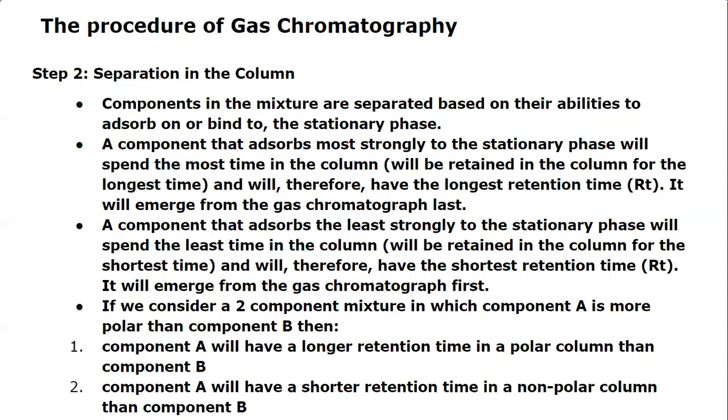So higher KD values mean more affinity towards the stationary phase, and low KD values show greater affinity towards the mobile phase. So the components which show greater affinity towards the mobile phase will elute first. In other terms, we can say that the components elute on the basis of increasing order of their partition coefficient values. Okay, so these are repeated points.